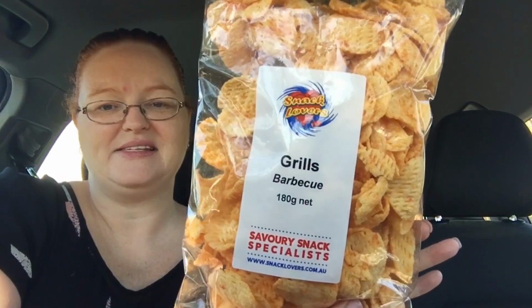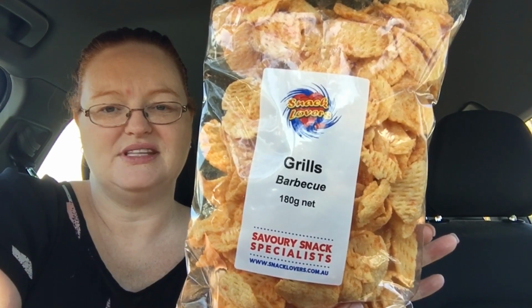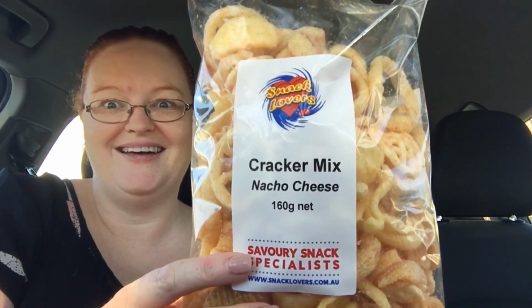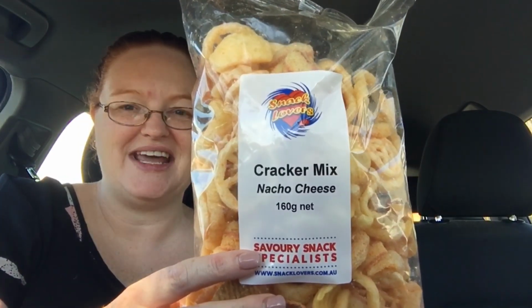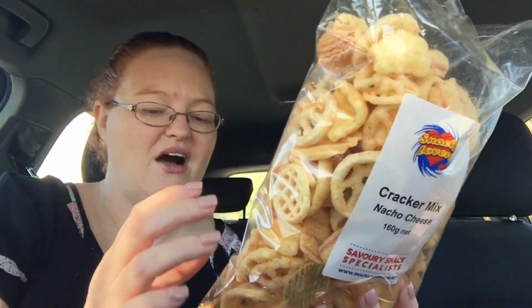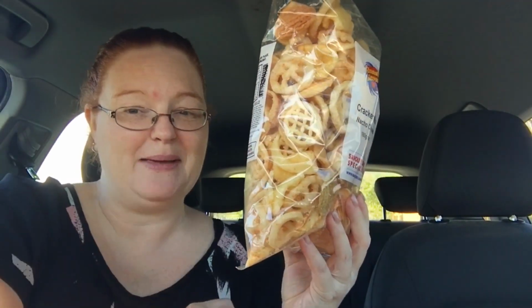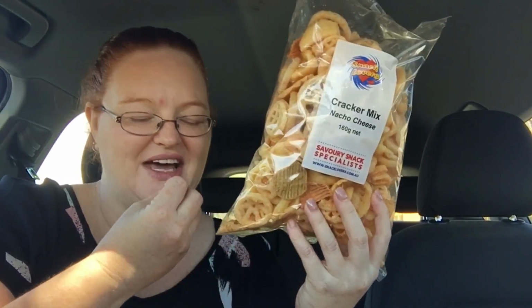Put that down there. For myself, I got a packet of these barbecue grills. They were $1 from Cheapest Chips. And then also these cracker mix nacho cheese, again for $1. I will probably snack on these throughout today, so that saves me money because I will have that snack thing